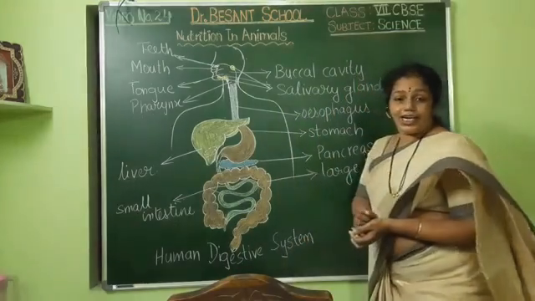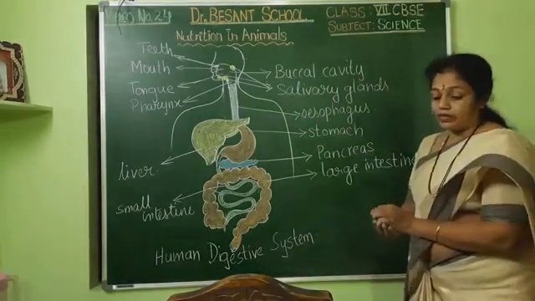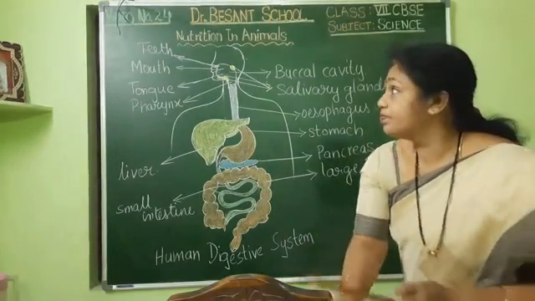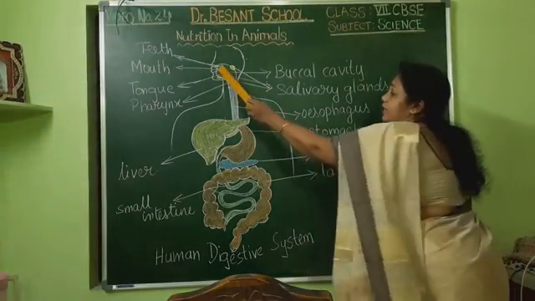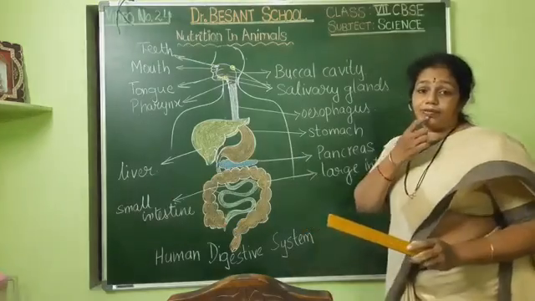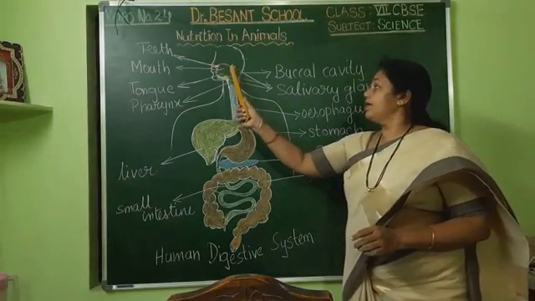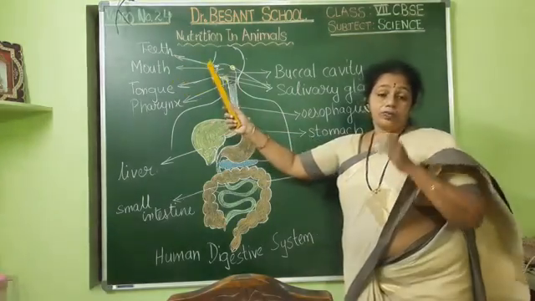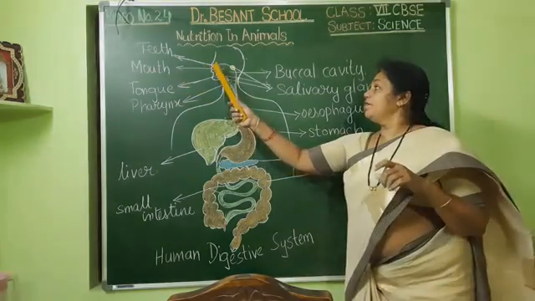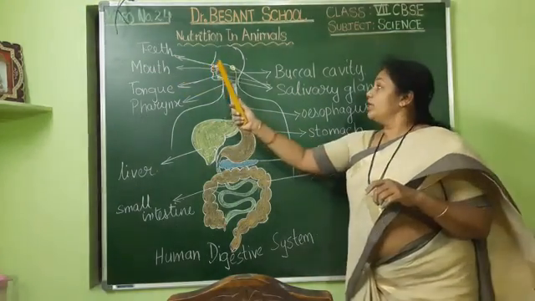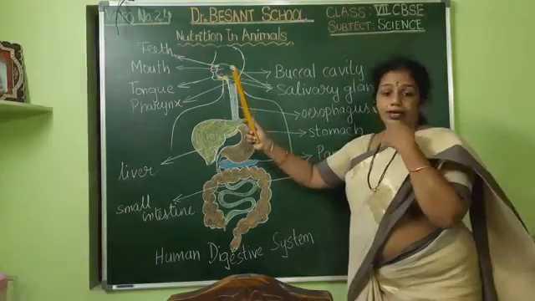In the chart I have just now shown, as part of that, you can see here, the first part is the mouth. The lips we are having, we all know that, isn't it? The opening into the buccal cavity is with the help of the mouth. It is closed and opened with the help of the lips that we are having. Inside that we have got this large buccal cavity.